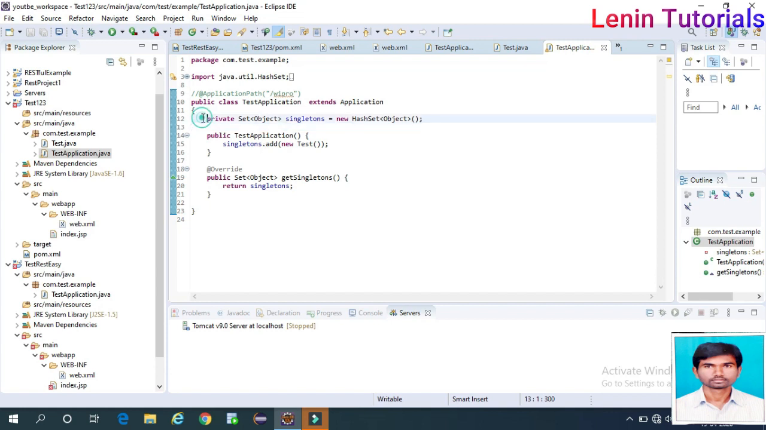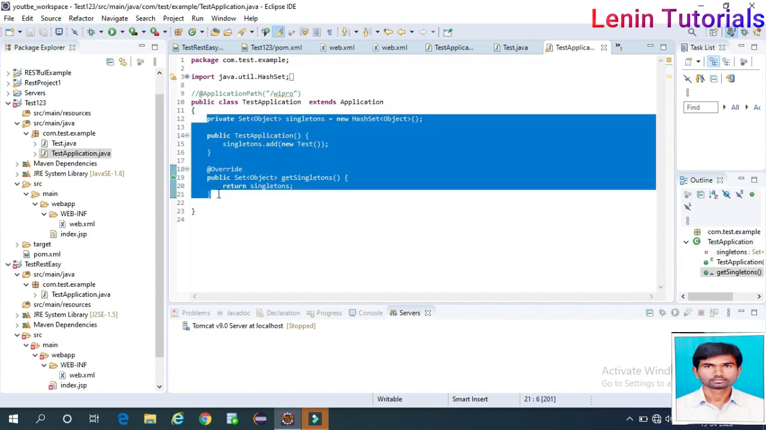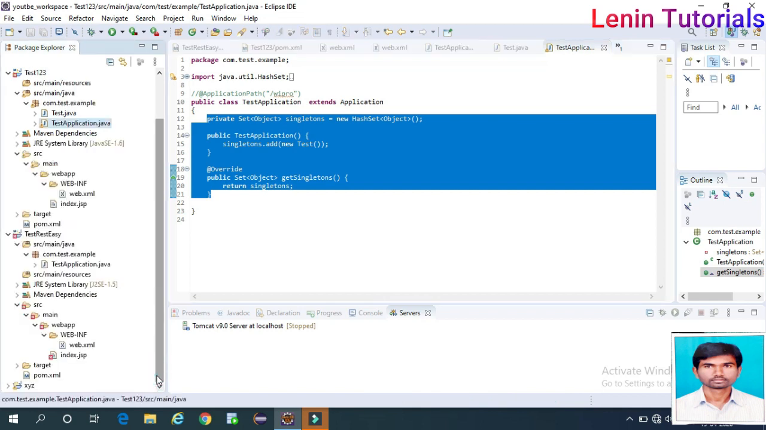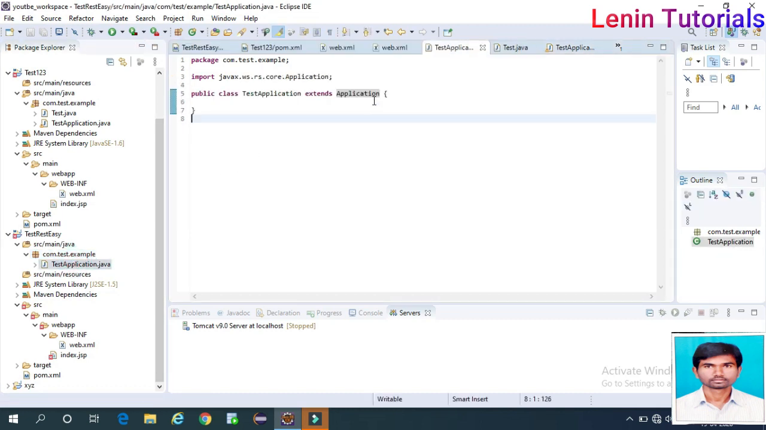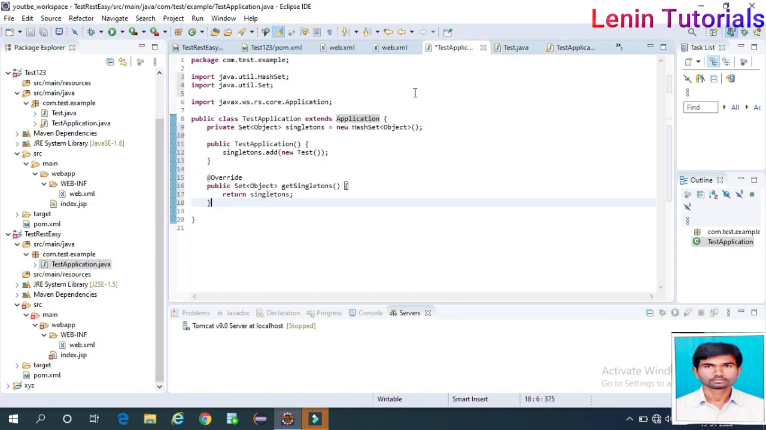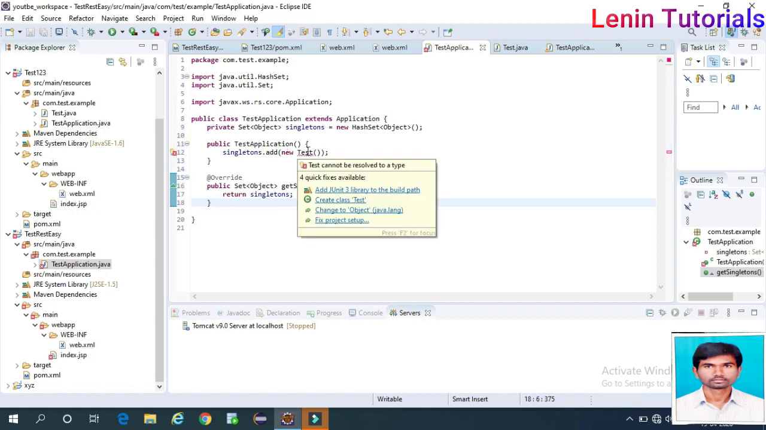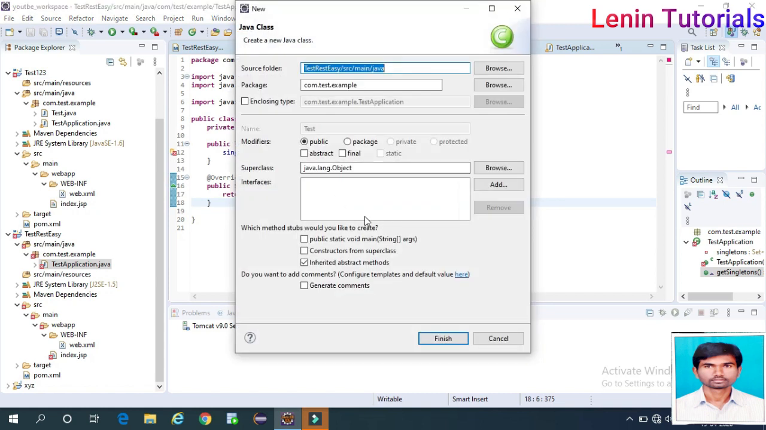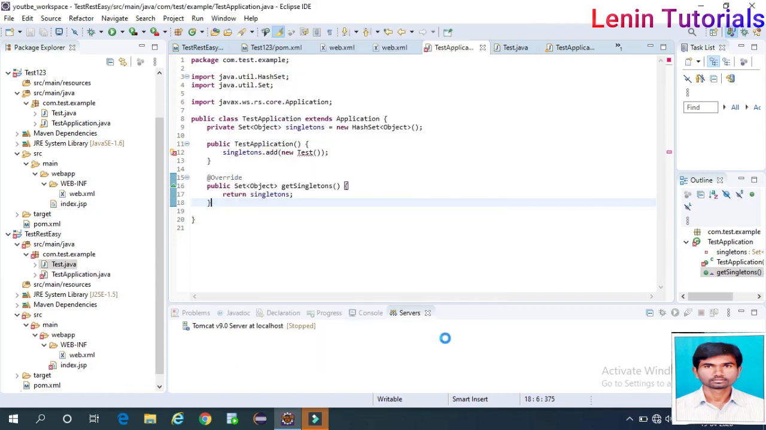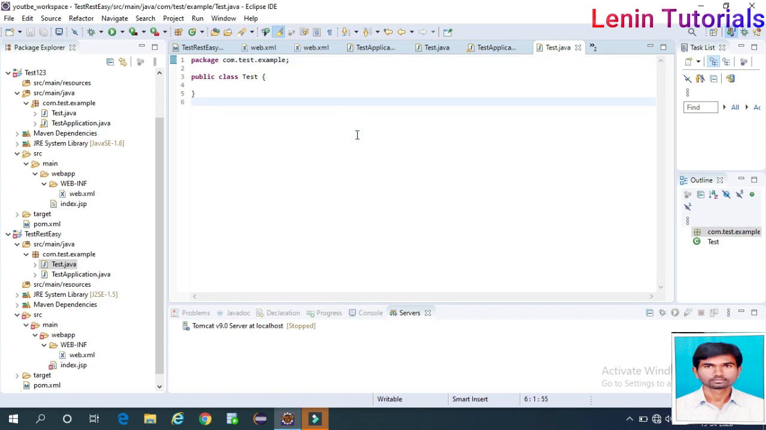So what I'm doing, I'm copying the entire thing. Yeah, what I want to create is a test application, right? Test application, Control A. Here no test is not there, so we need to create one class. Same package only. Okay, done. Test. Okay,